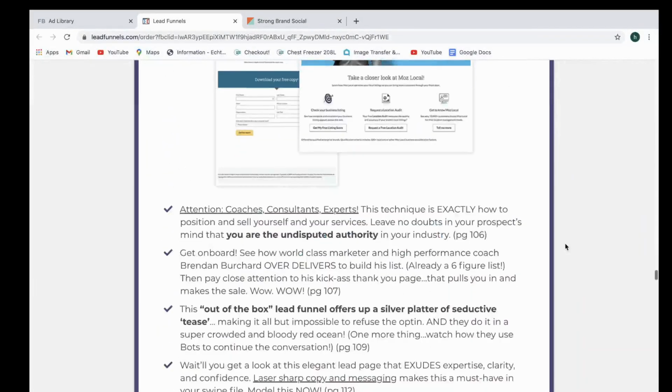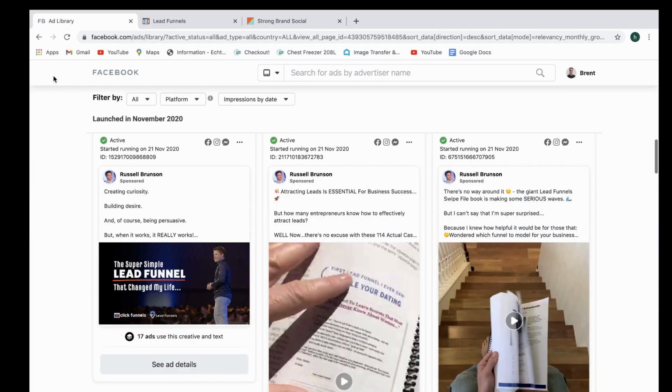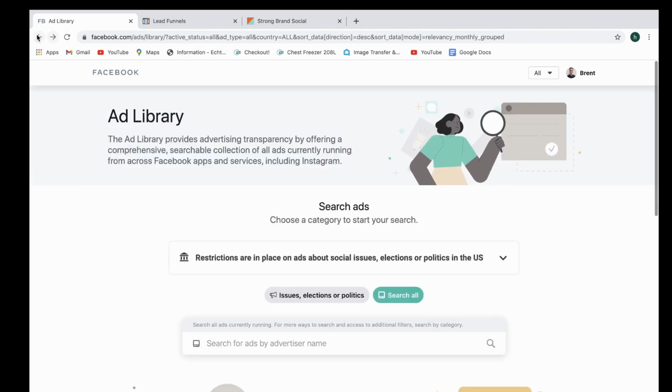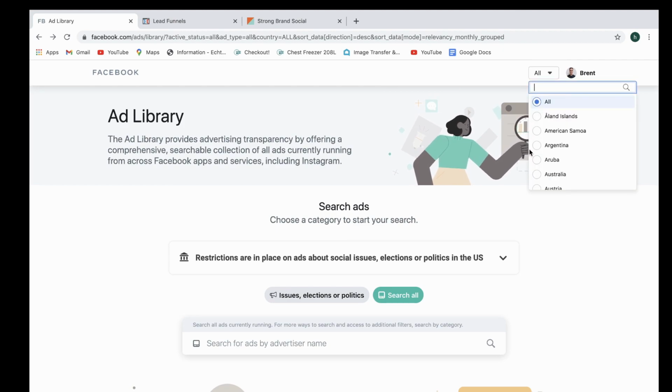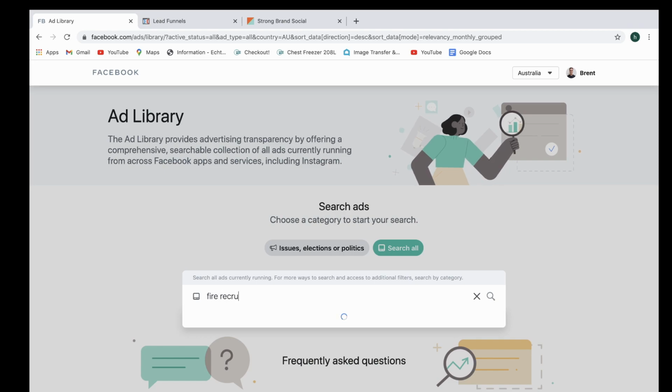Look at all of this. There's a lot of things here. So using the Facebook Ad Library is super helpful, and it's definitely one that you don't want to overlook. And let's say you're in a particular country or particular area, and you do just want to sort of target that particular area. I'll use my client's example,